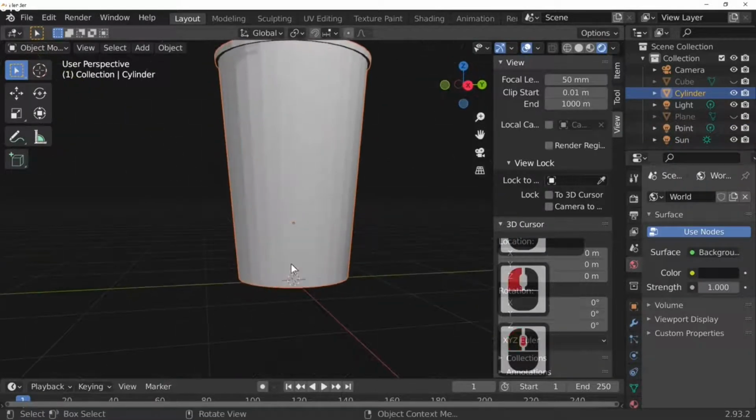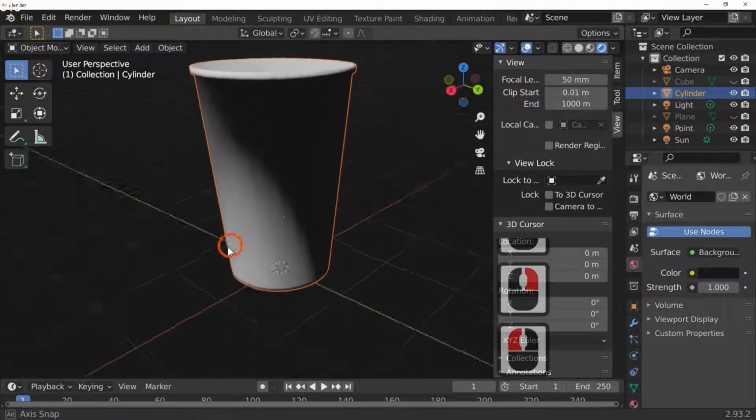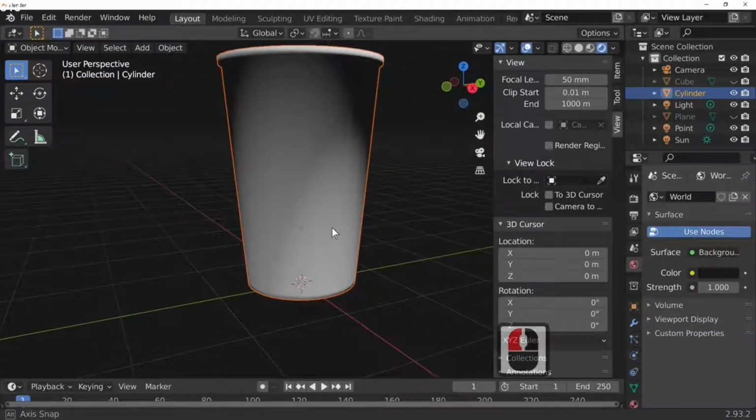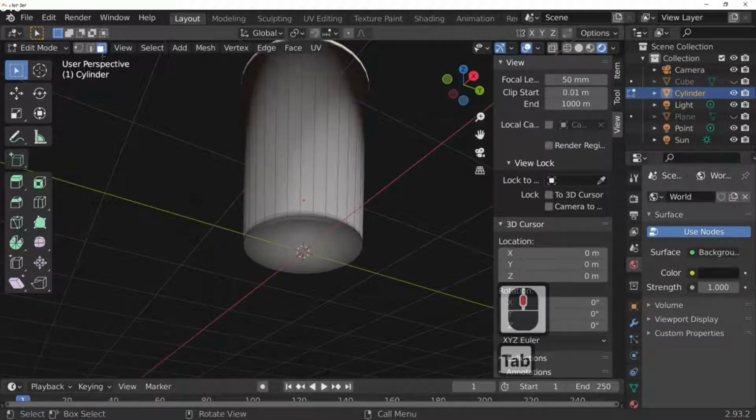As you can see, there's these little lines going down there. We can actually cure this by selecting our object, pressing the right key, and then shade smoothing. And as you can see, we've got quite a bit of distortion here, and the reason is because we haven't got any close loops. So what we're going to do is press the Tab key to go into edit mode,